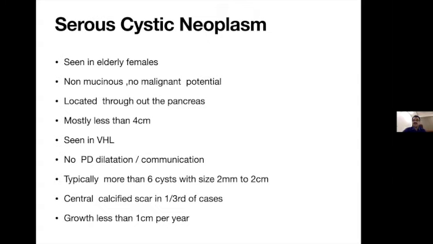tumors seen in patients with von Hippel-Lindau disease. There will be multiple serous cystoadenoma. And there will be pancreatic duct dilatation or communication. But some of the serous cystic neoplasm may compress on the bile duct or pancreatic duct and may present as pancreatic duct dilatation. We have seen patients presenting with